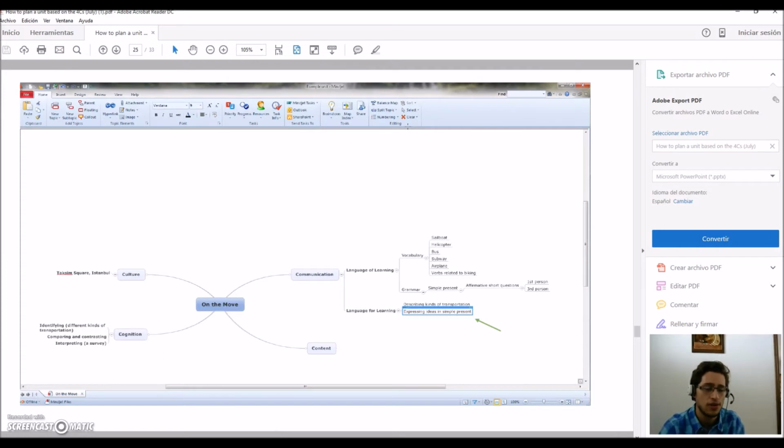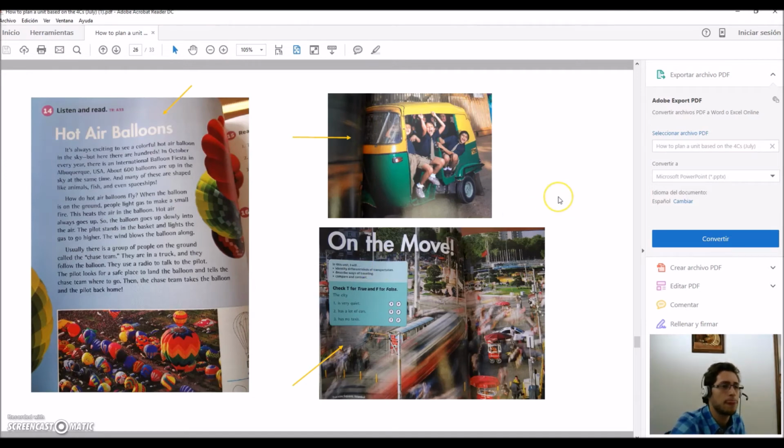And let's move on. So as you see, little by little, we have been adding elements to the different C's, and it has been just like page by page. So I just read the unit of this book, and as I was finding the different C's and the different elements, I was putting them in the map. So it's about finding and placing, finding and placing. How does that sound? Okay, let's continue. We haven't found contents yet, or I mean, they have been there, but we haven't talked about them. Let's see.